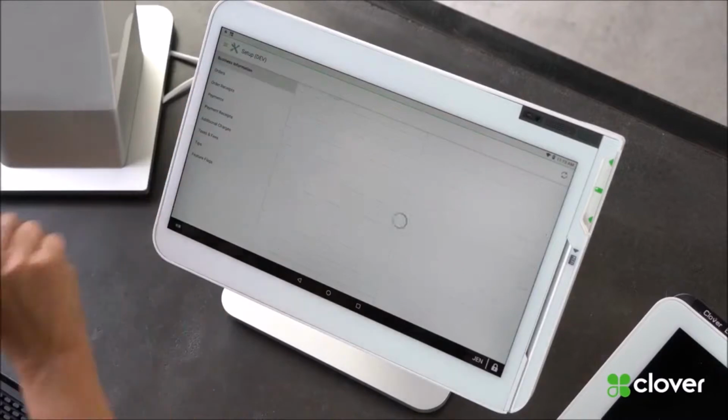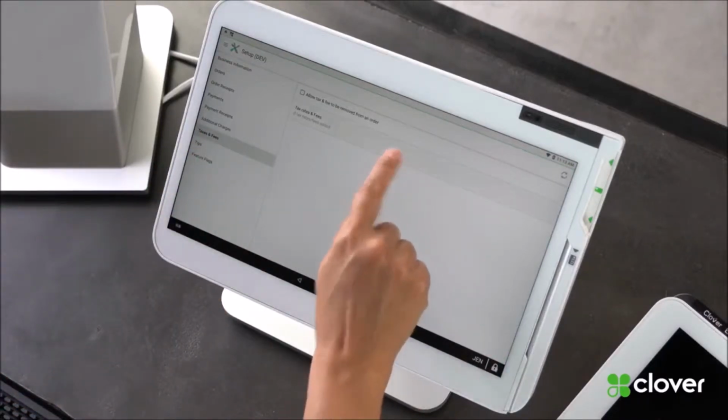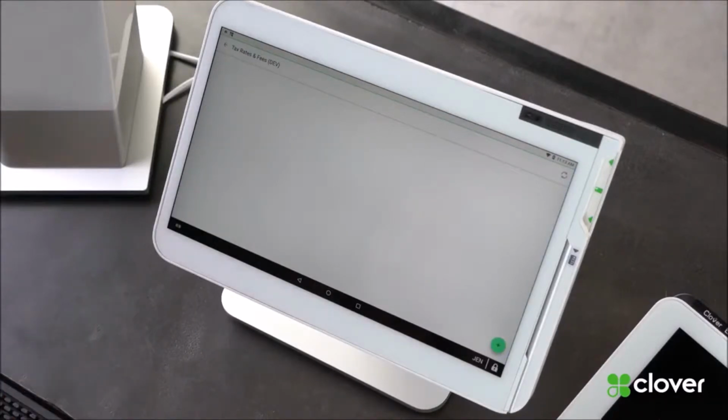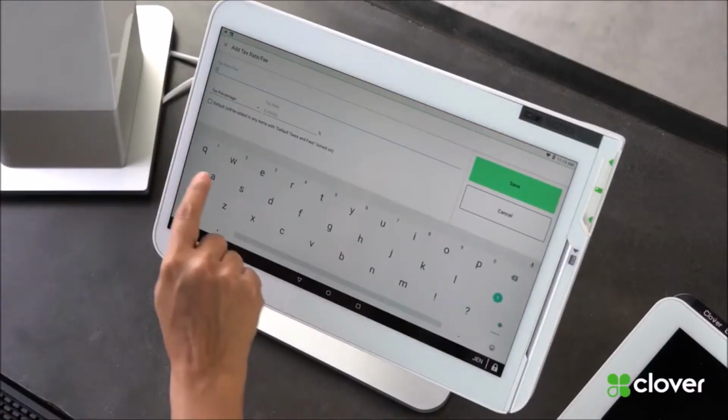Inside the Setup app, you can do many things. You can set up your business information and you can set up your taxes. To set up taxes, you're going to need to set a tax rate. So we're in California, and we're going to add a California sales tax. We do that by pressing this plus sign, and it's going to allow us to edit and add a tax rate. So California